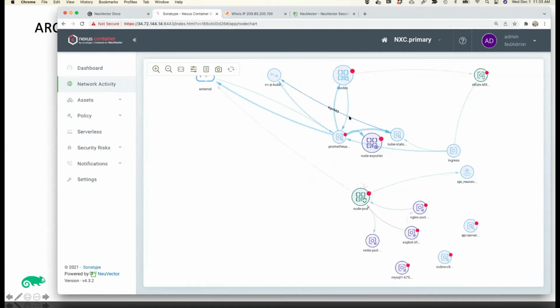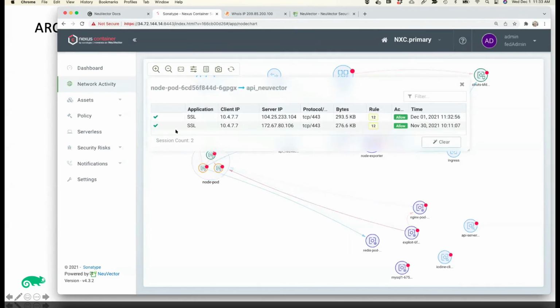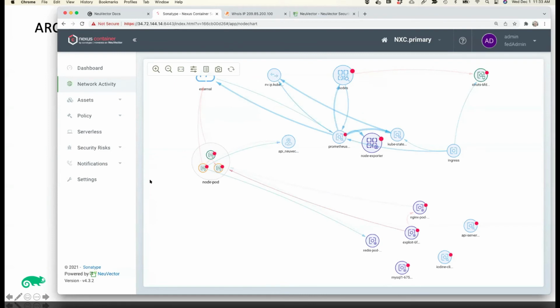So we can see, where are my Node.js pods? I can see there's a connection here to this custom group that I created. This Node.js pod was allowed to connect, this one right here. And so I can see that there's an SSL connection just done now, and it hit rule number 12, which is why this external connection was allowed. So this is a very important way for managing. You can do this for ingress as well as egress control.